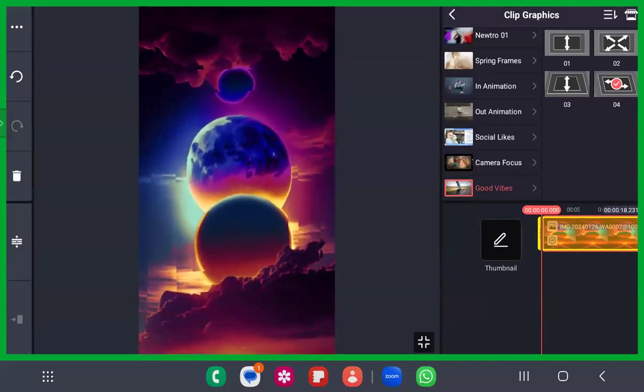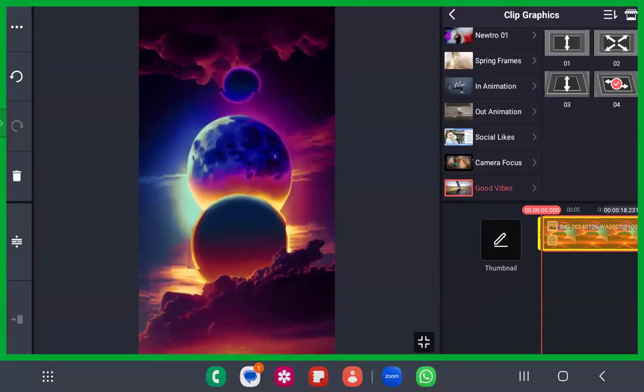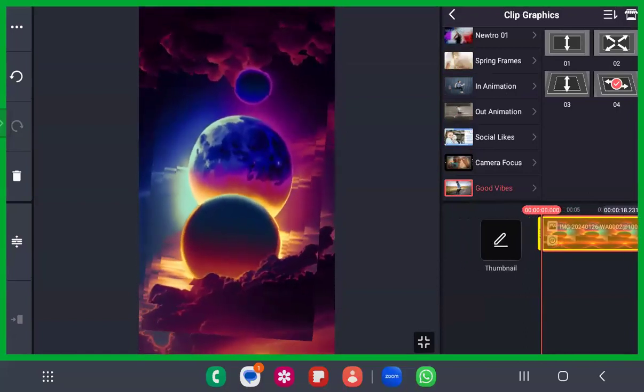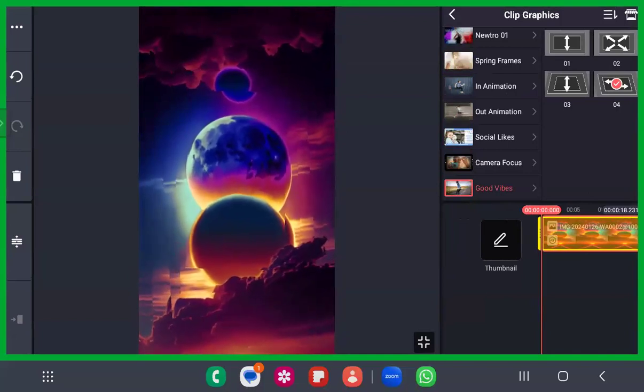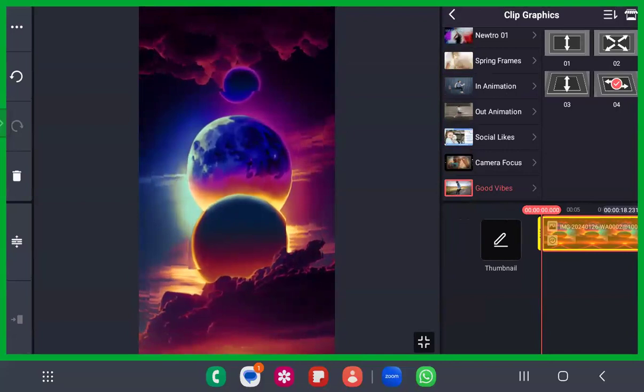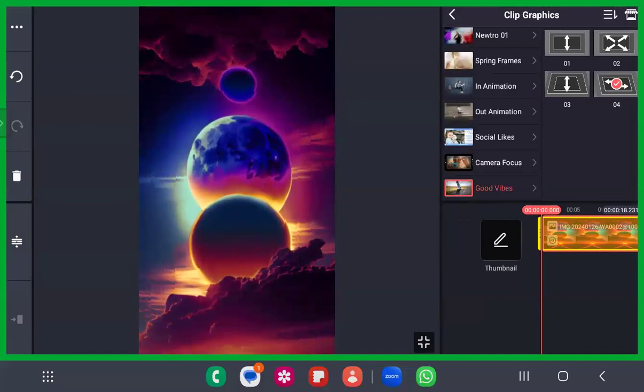For filters, asset store is not available. Yes, for filters, asset store is not available. It is based on the compatibility of your device, dear sister and brother. If you do not have more filters, then do not worry. It will be present in the overlay. Do not worry about filters. We have some other thing called overlay. We will discuss that. Overlay is very great. For now, please stick to the clip graphics. Do not worry about the filters.